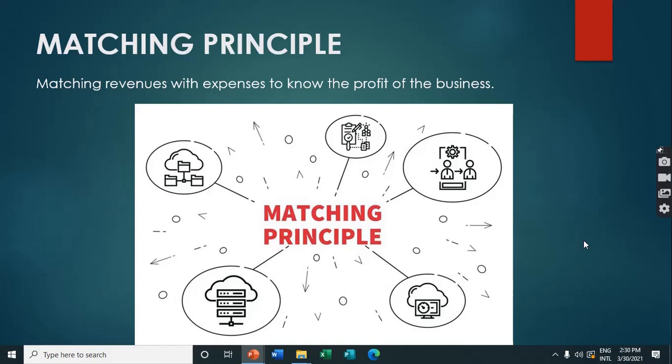So, ito lahat ng kinita ko, then that is your revenue. Ito lahat yung ginastos ko, then that is your expenses. And then, both of them should be matched together. So, i-match mo siya. So, yung concept na income statement, ayan, dyan nalalabas yung concept ng income statement natin. Kung mas malaki yung revenue